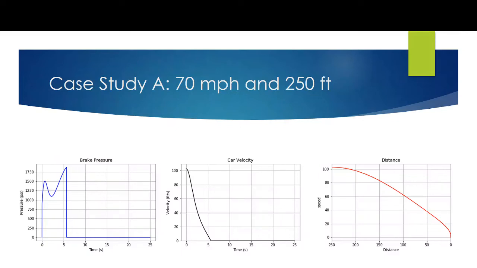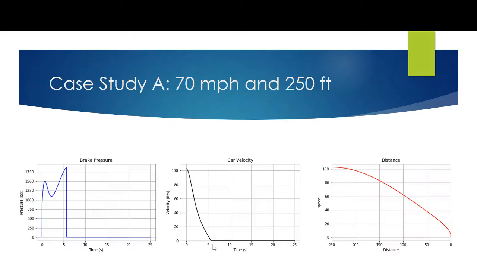We did 3 different case studies at different conditions. Our first one is case study A, which we did at 7 miles per hour and an initial distance from the object of 50 feet. Good to note that the safe stopping distance for 7 miles per hour is about 25 feet, so we're just outside of that distance. Very quickly you can see the graph on the left with the x-axis of time and the y-axis of the brake fluid pressure in psi. You can see that very quickly it starts to apply pressure to the rotor, which then begins to stop the car. After about 6 seconds, it stops the car,